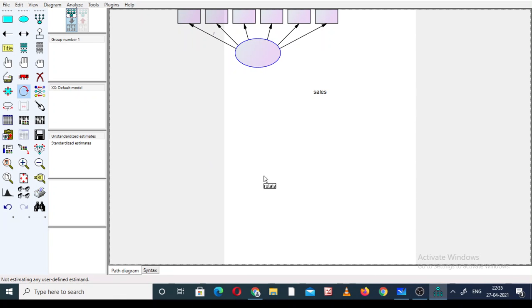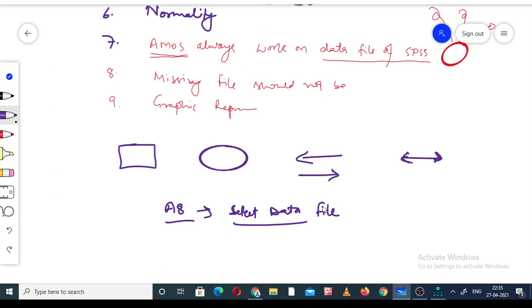One more thing regarding these arrows. As I told you, these four are very important. So where do we use these four? This box is for the observed. If we have the actual observed variables, directly if we are asking any question, if we have the data file in SPSS, we use this box.